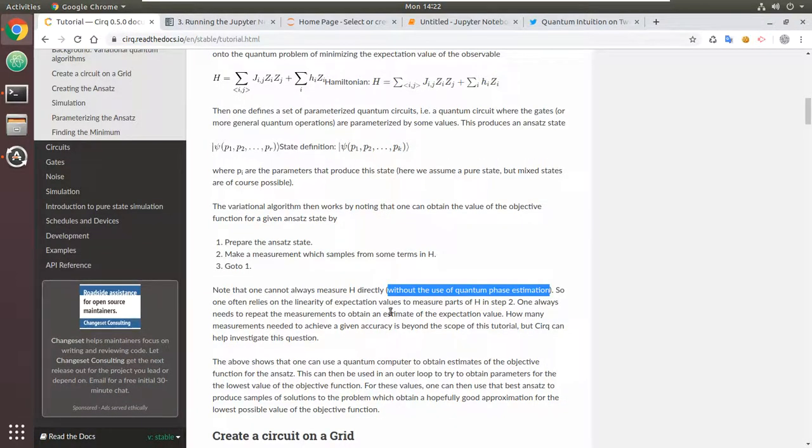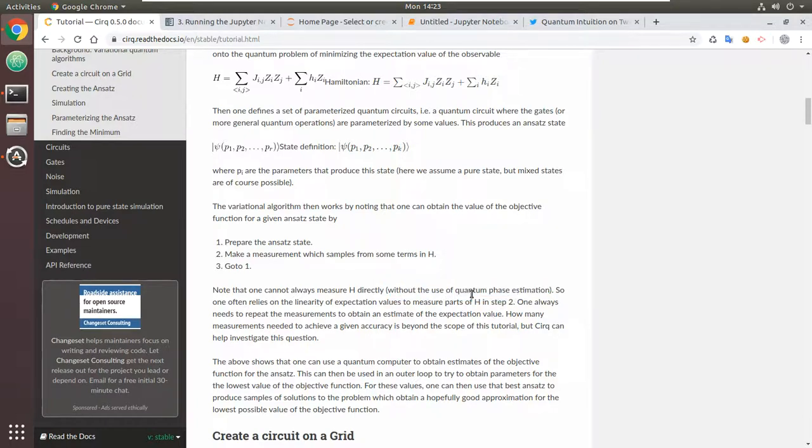So one relies on the linearity of expectation values to measure parts of H in step 2. One always needs to repeat the measurement to obtain an estimate of the expectation value. How many measurements are needed to achieve a given accuracy is beyond the scope of this tutorial, but Cirq can help investigate this question. Because the idea is you don't want to use phase estimation because it's prohibitive in terms of